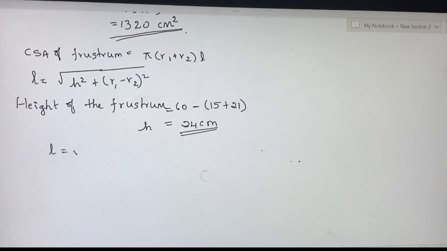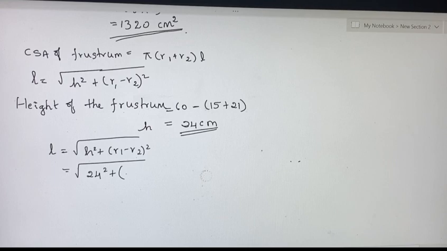So L is equal to root of h square plus (r1 minus r2) whole square. We know the h value now. h is nothing but 24 square plus, what is r1? r1 is nothing but 21 minus r2, which is nothing but 14. This is given in the figure. Square. So if we simplify it, it becomes